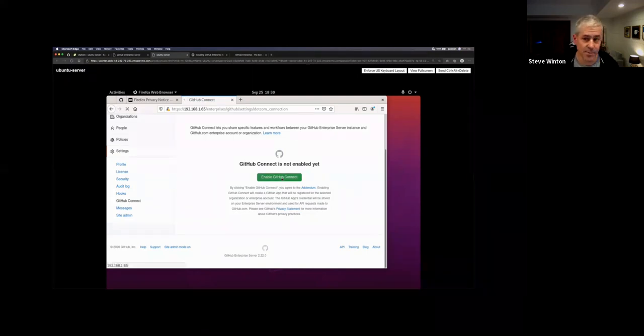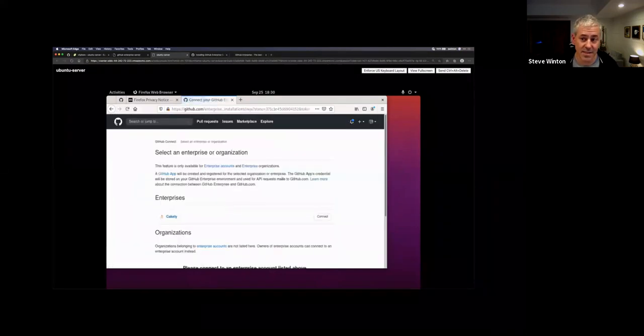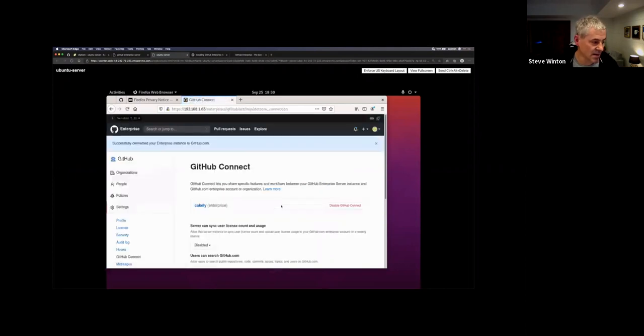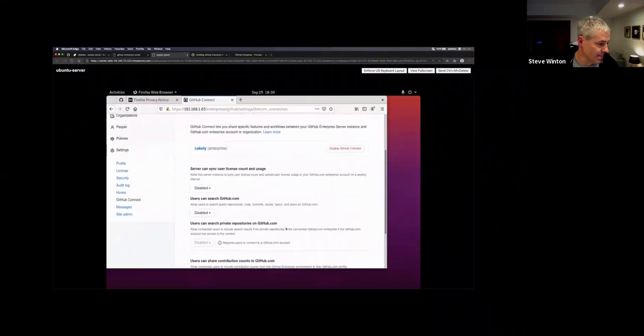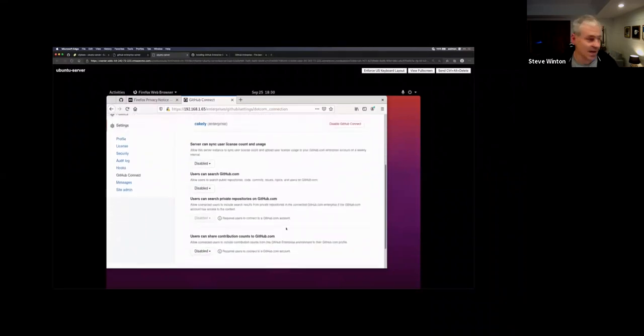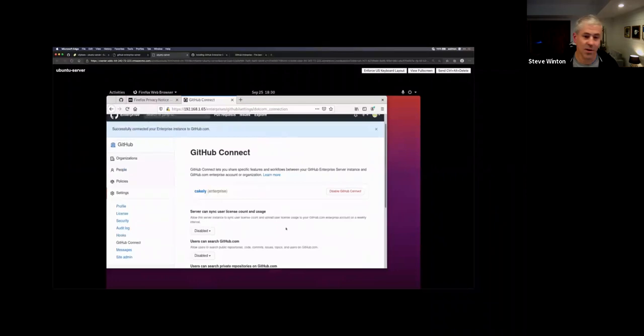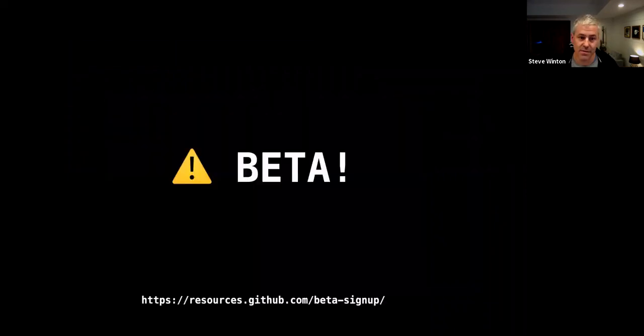And if you're not comfortable doing that, you can place limitations around this and either block it entirely or allow certain organizations if you want. But I'm going to just allow everything because I'm feeling very generous. Cool. So I've connected my enterprise org here, and let's now jump over to enabling this. So here's our warning. A lot of what we're showing is